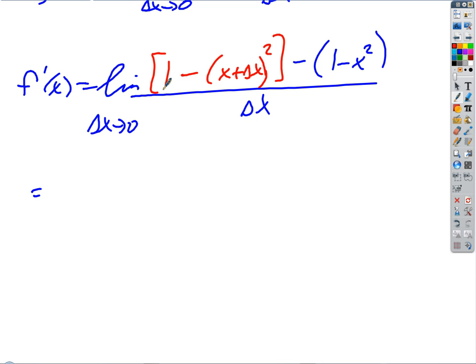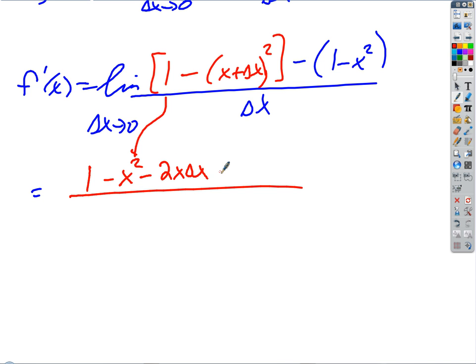I'm going to get a 1. Good. Minus x squared. Minus 2x delta x. And I'm subtracting a quantity, so let's go ahead and just distribute the negative sign. Does that make sense? Minus 2x delta x, minus delta x squared. Very good. And then over here, I'm just going to distribute the negative sign: minus 1. Good. And all over, and this is a limit,